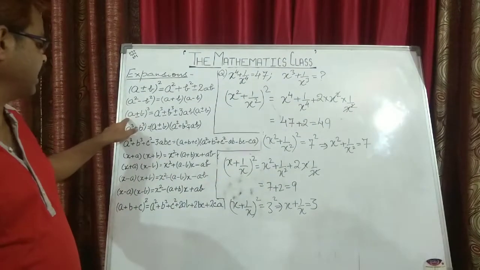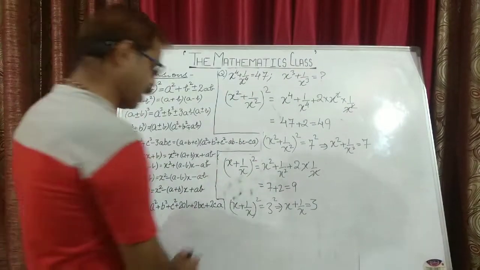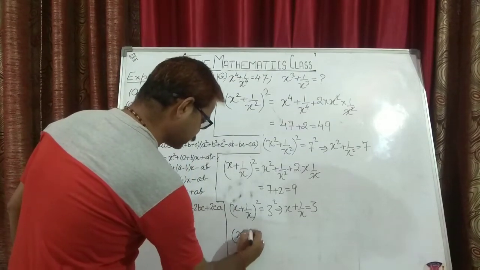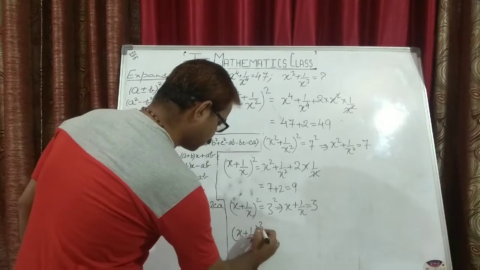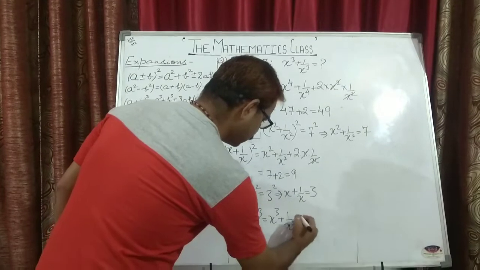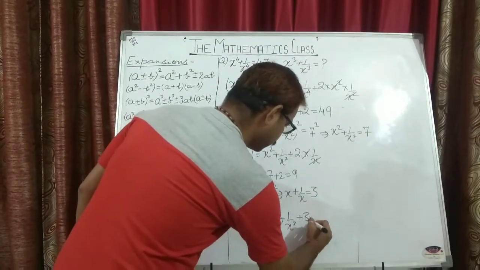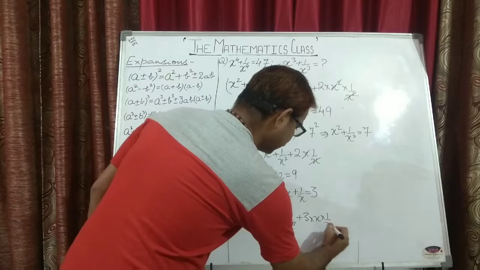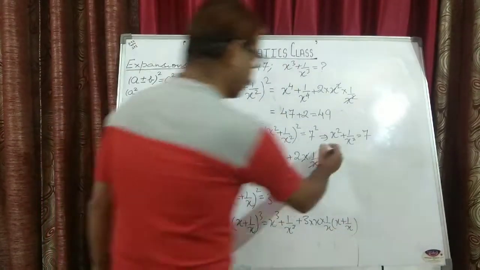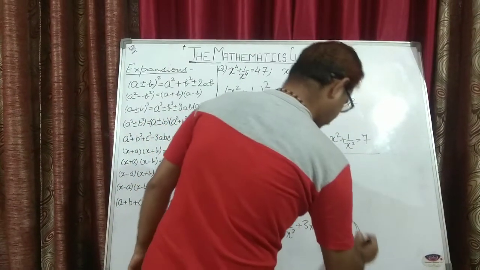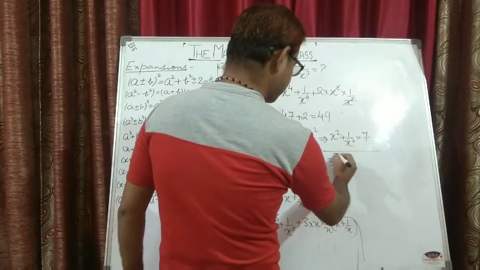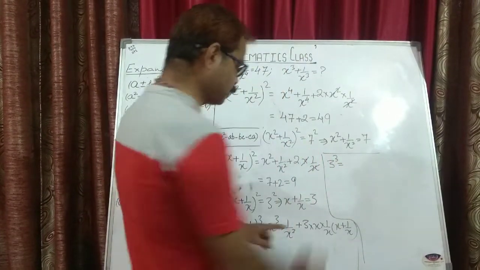Now when you know the value of x plus 1 upon x equal to 3, simply you can apply a plus b whole cube. So I am going to solve it. I'll write x plus 1 upon x whole cube can be written as a cube plus b cube plus 3 times ab into a plus b. Now x plus 1 upon x is 3, so simply 3 cube is equal to